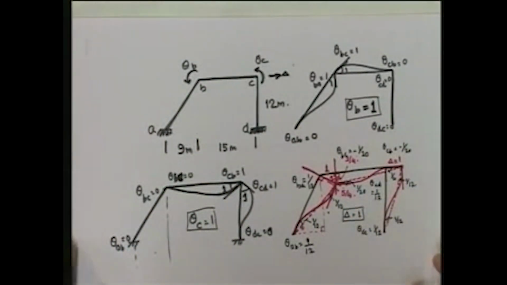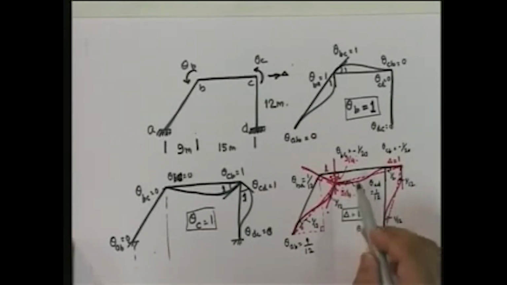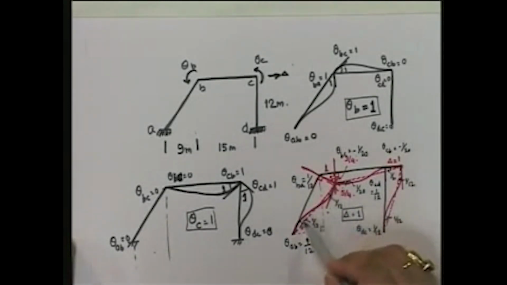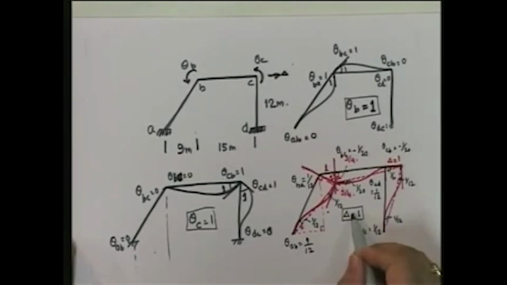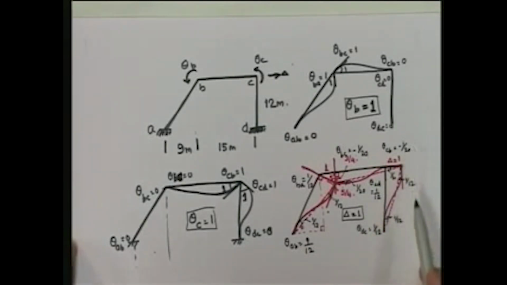Up till now, these were simple problems, and so now if I look at inclined members, you actually have to spend a lot of time figuring out where each point goes. Once you know where each point goes, you can then draw the displaced shape, because delta equal to 1, theta B is equal to 0, theta C equal to 0. You know those. So from that you can draw the displaced shape given delta equal to 1. This is the displaced shape if delta is equal to 1, and that means this is 1/12 of delta, 1/12 of delta minus delta by 20 minus delta by 20. So that's the overall concept, and then you can write down theta AB is equal to 0